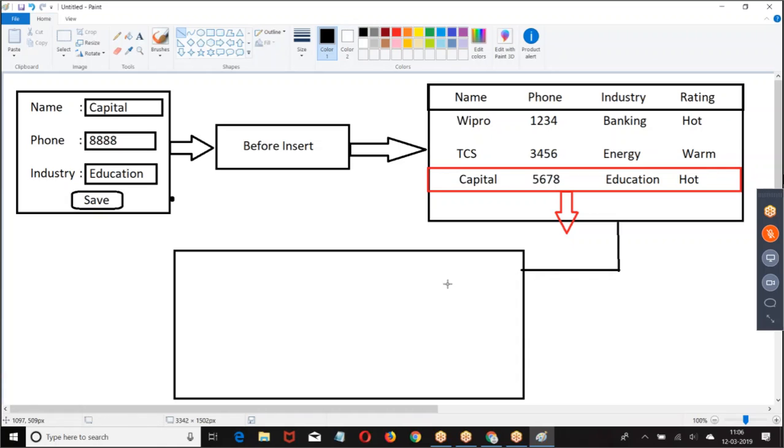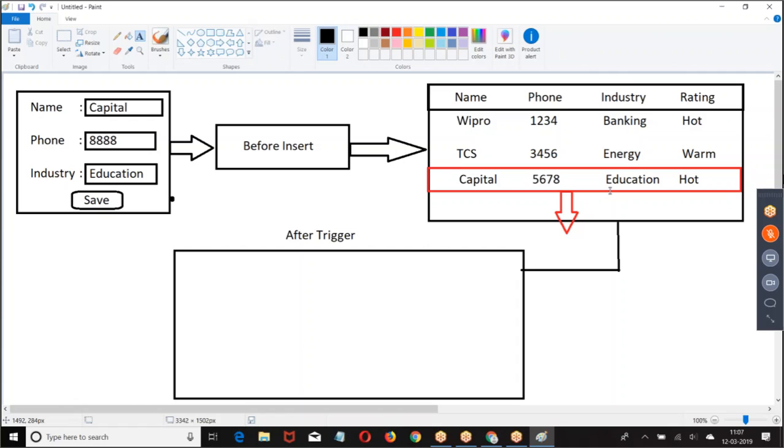Now the question is, what are the variables that we have in after insert trigger? The list of records are referred with trigger.new.